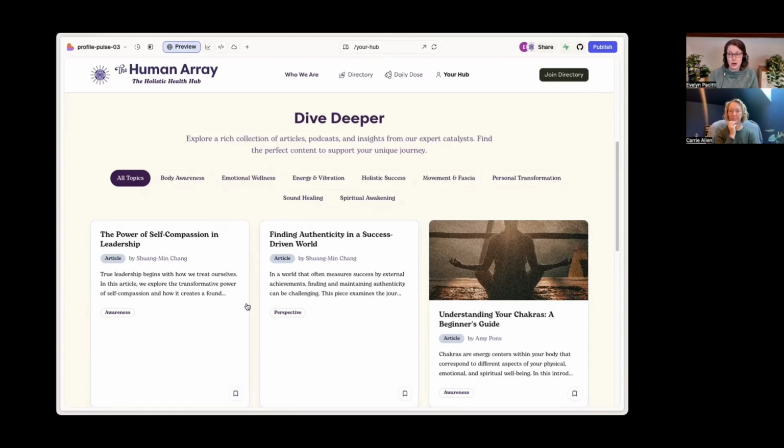So what we do know we'll have is a feed of all the content made by Catalysts, not only of the Human Array and the Wellbeing Concierge. This will be visible and free to anyone who shows up on the page. And we're trying to figure out where that sits within here. Is it in the daily dose, and this just becomes the feed? Is it only available in something called a feed? And then the feed is